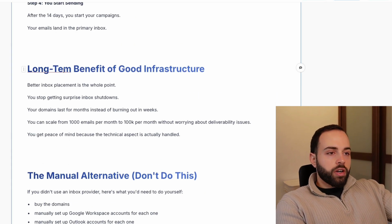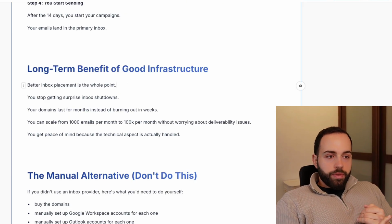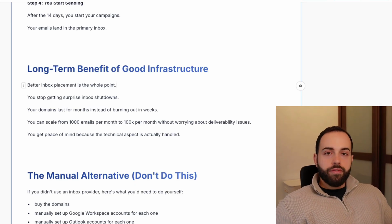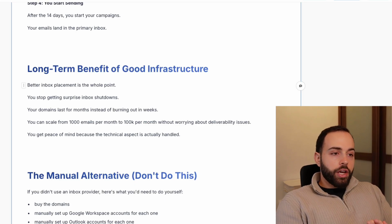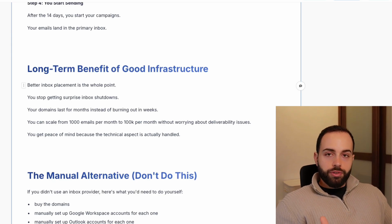Now, the long-term benefit of having good infrastructure is that, first of all, you get better inbox placement and you don't have inbox shutdowns. Second, your domains last for months. We've had clients that we've been using the exact same infrastructure for 6 to 9 months and we've never replaced it. And you can essentially scale from 1,000 emails per month to 10,000 emails per month without having to worry about deliverability issues. You just need to place a new order, and then within 6 hours, you can scale the